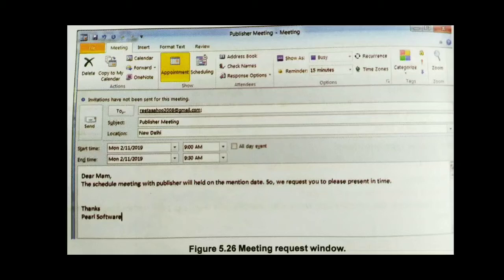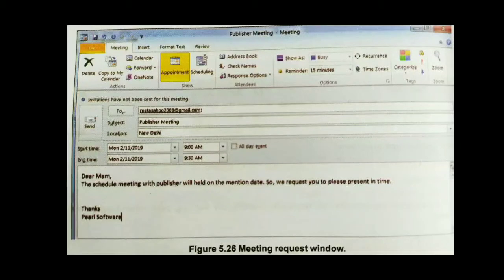Then the next point is creating a meeting request. It is very important. Now you want to create a request for a colleague to attend a meeting. A meeting occurs at a scheduled time and location. Unlike an appointment, it includes notifying and inviting other people. A meeting in your calendar could be one you set up, or one you have been invited to by someone else. A meeting appears both in your calendar and in the calendars of the invitees.